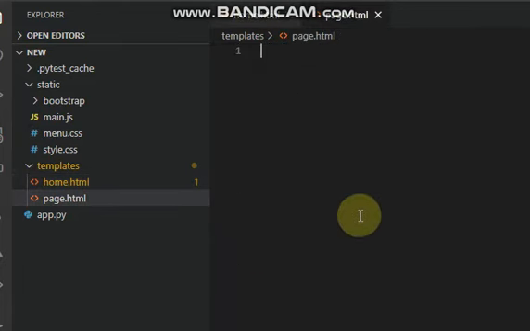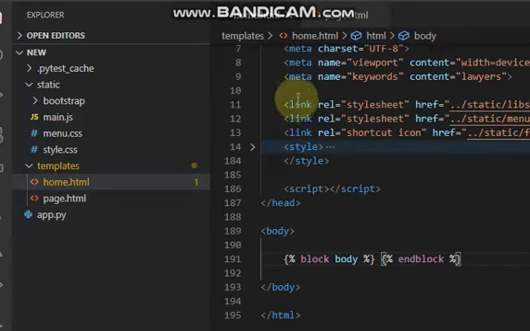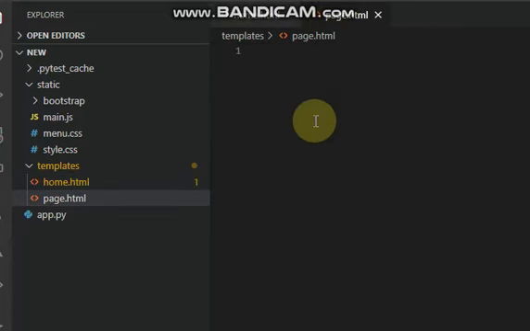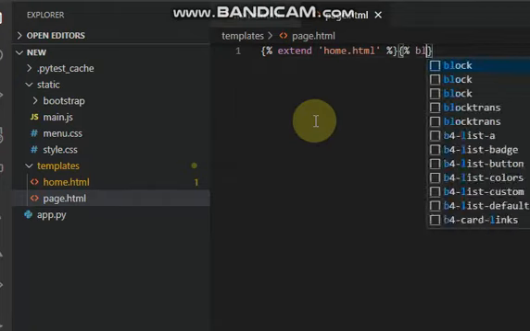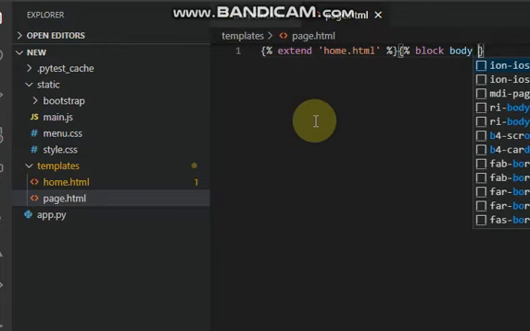So to make this page.html possess all those things that home.html has, we are going to start with this extends home.html. This is the Jinja tag for extending from home.html, and what we are going to do is the main thing, block body